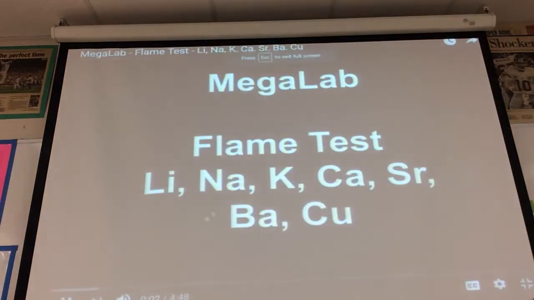What we're going to look at are flame tests. And I just want to orient you for a minute. Here's your Bunsen burner. She has a pretty big flame on it. She is going to have salt solutions that contain lithium, sodium, potassium, calcium, strontium, barium, and copper, probably copper 2 ion. And she is going to put them on a wire and see what color they emit when heated in